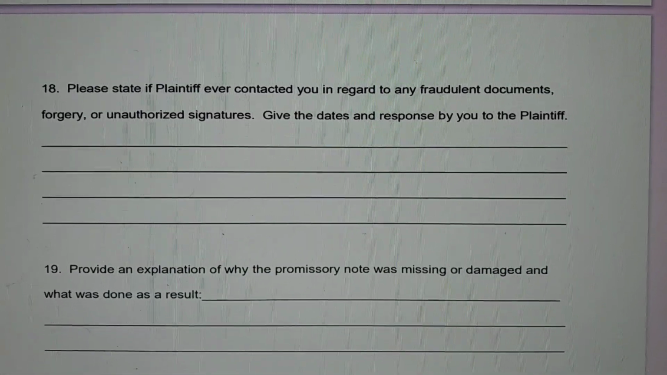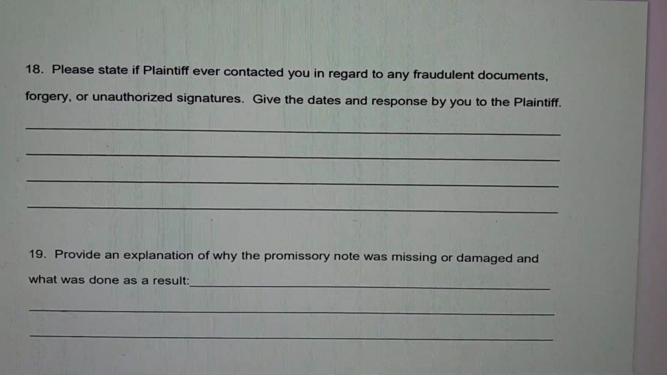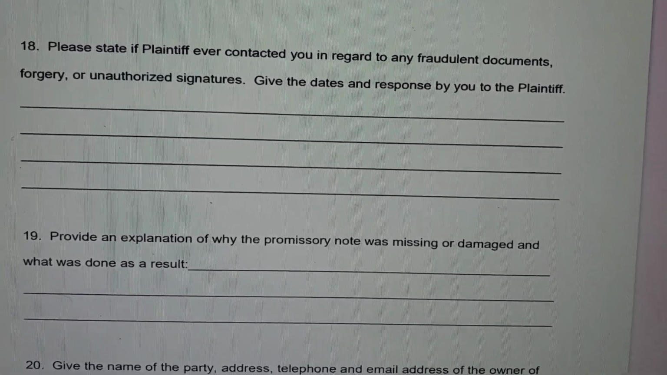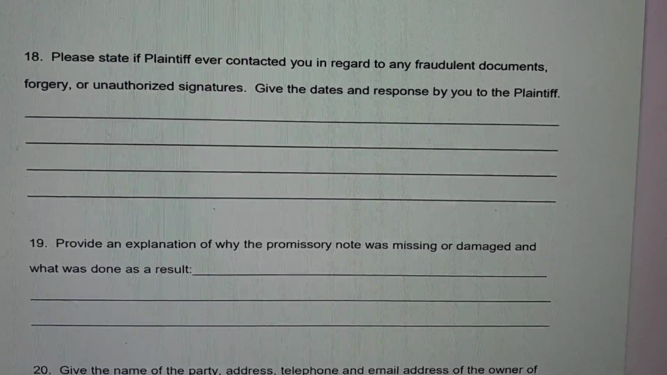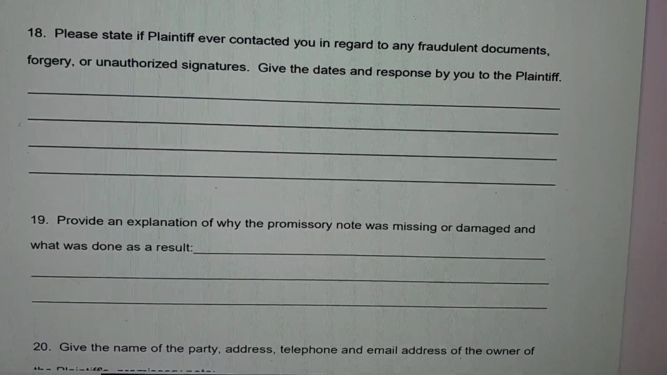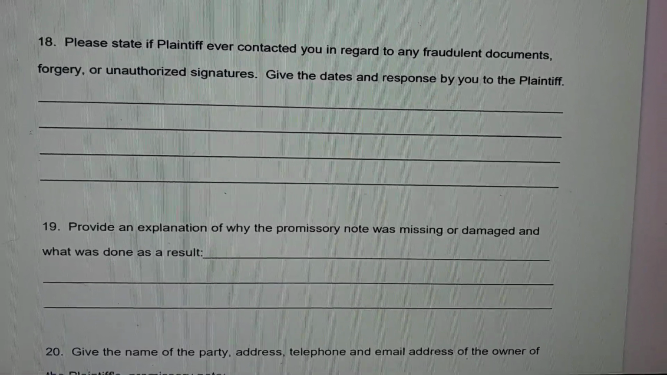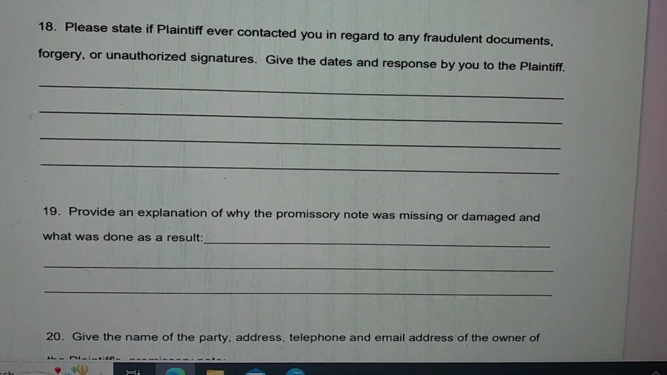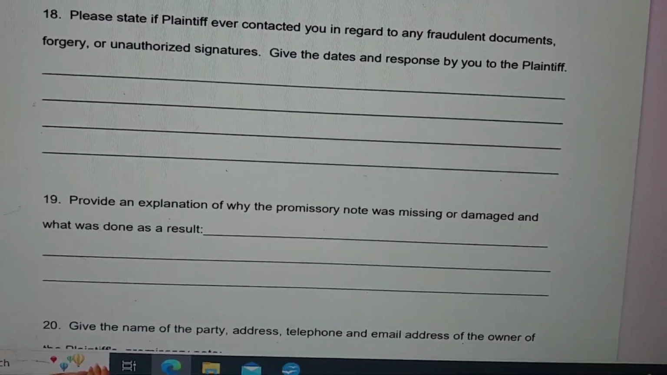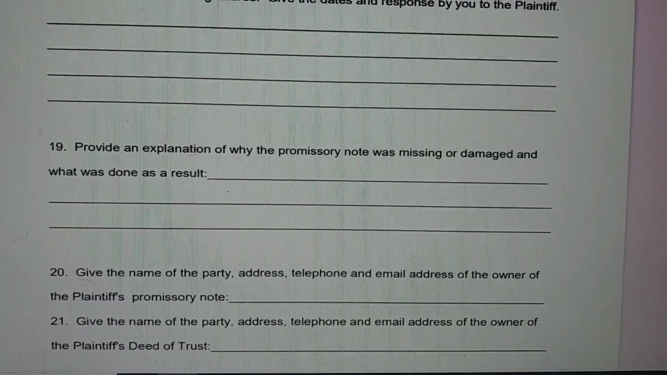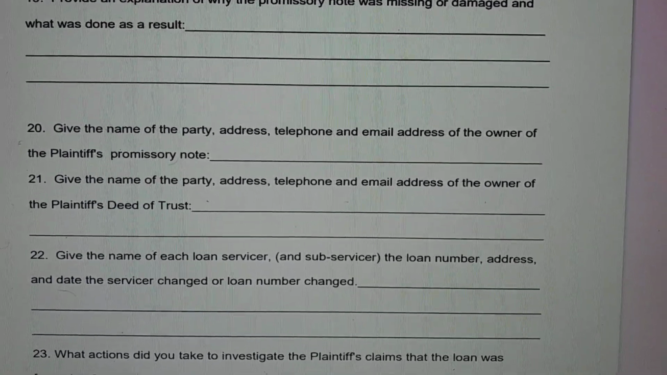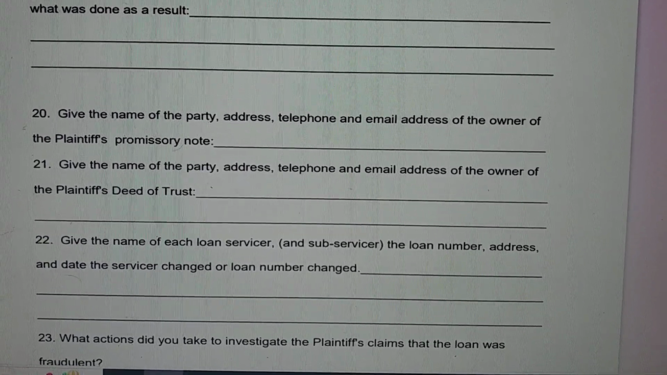Number 18, please state if plaintiff ever contacted you in regard to any fraudulent documents, forgery, or unauthorized signatures. Give the dates and response by you to the plaintiff. Number 19, provide an explanation of why the promissory note was missing or damaged and what was done as a result. Number 20, give the name of the party, address, telephone number, email address of the owner of the plaintiff's